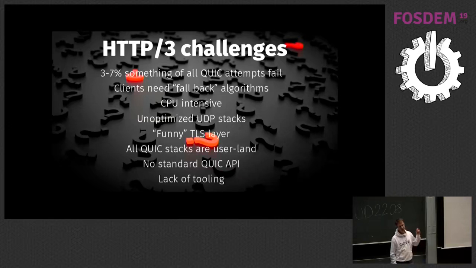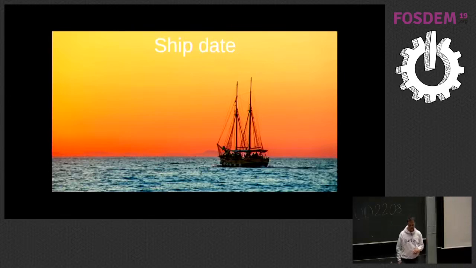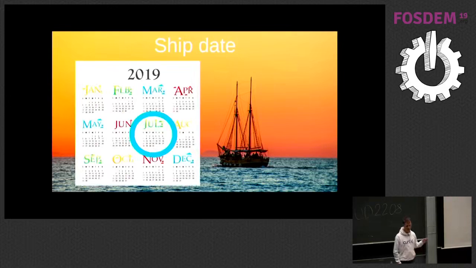There is also a slight lack of tooling. You can actually use Wireshark already now to monitor most of QUIC, so sure, Wireshark is in the game. But of course, we've seen TCP for a very, very long time: window size, segment numbers, everything. This changes all that, so it's going to take a while, I think. The spec is going to ship in July. That's the plan. I'm not sure it will hold.